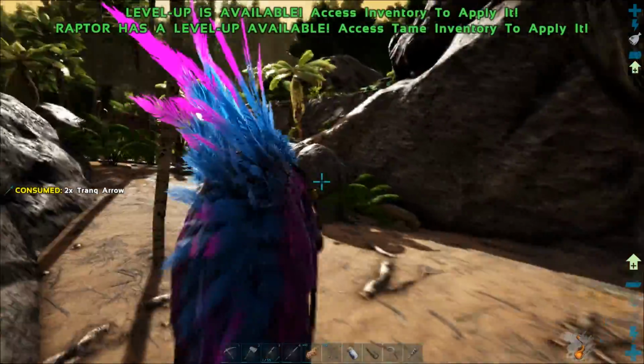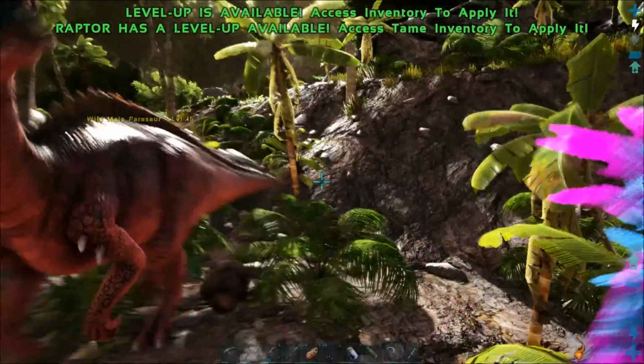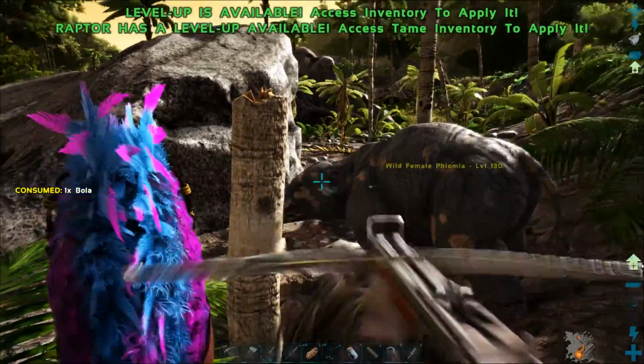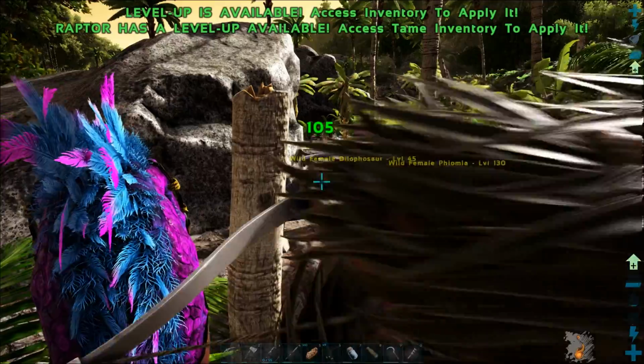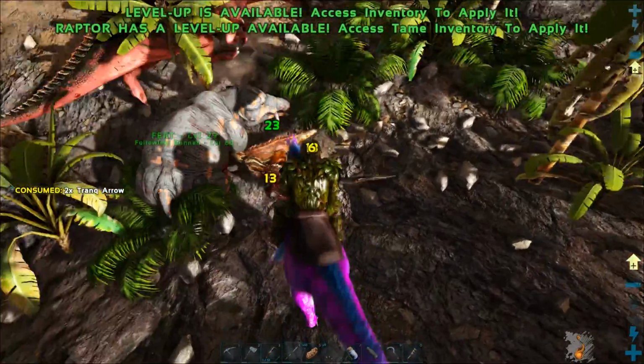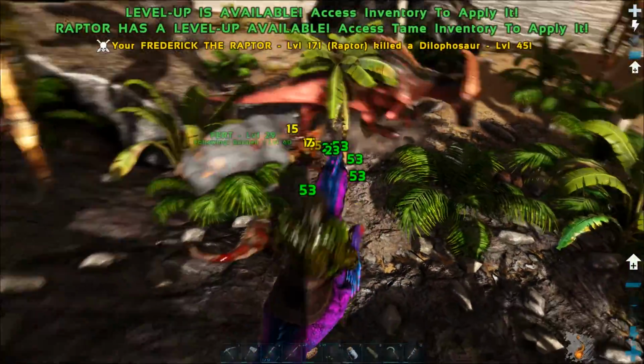Wait, what the fuck am I doing? You can bolo these things. Why don't I just bolo it? Haha! Look at that! Now we can get headshots. Okay, it is out. A Dilo is eating my other pigs, so we need to take care of this as